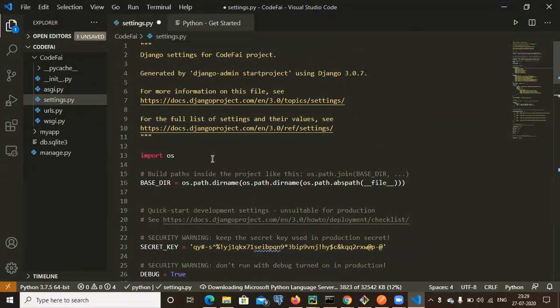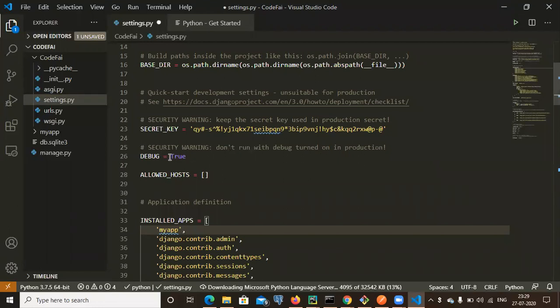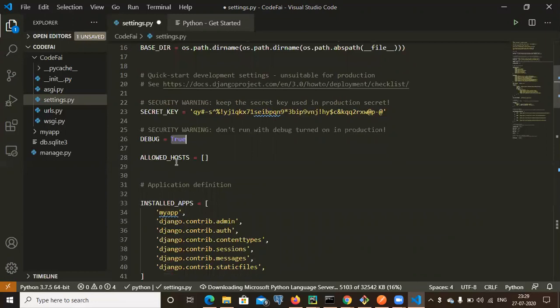In this settings.py file, DEBUG = True will give you the exact error of what is going on inside your Django project. Suppose you get an error, it will give you the details of the error. And inside ALLOWED_HOSTS, you can give a star as of now, so it will accept all hosts if required. We can give our own host name also, but as of now I don't want to give any host name. I'm just allowing every host.